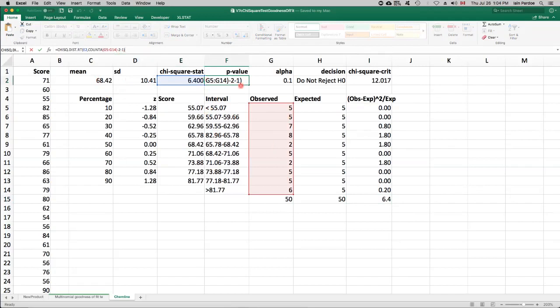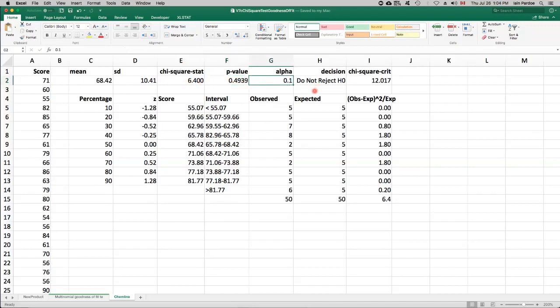So the degrees of freedom here is 10 minus 2 minus 1, which comes to 7. The p-value for the chi-squared distribution with 7 degrees of freedom, the tail area to the right of 6.4, is 0.4939. It's pretty big. So even at an alpha of 0.1, we're not going to be able to reject the